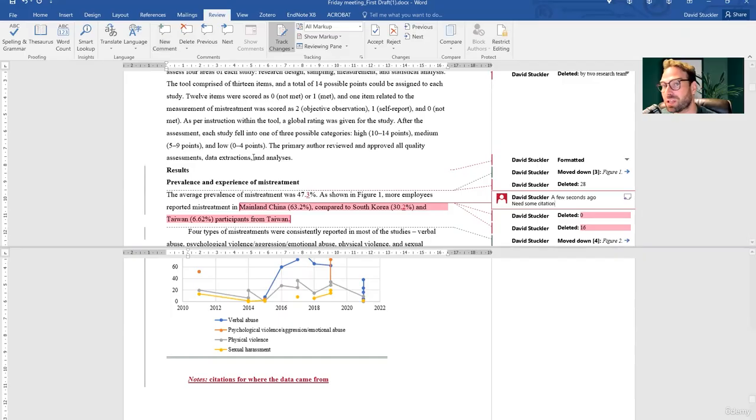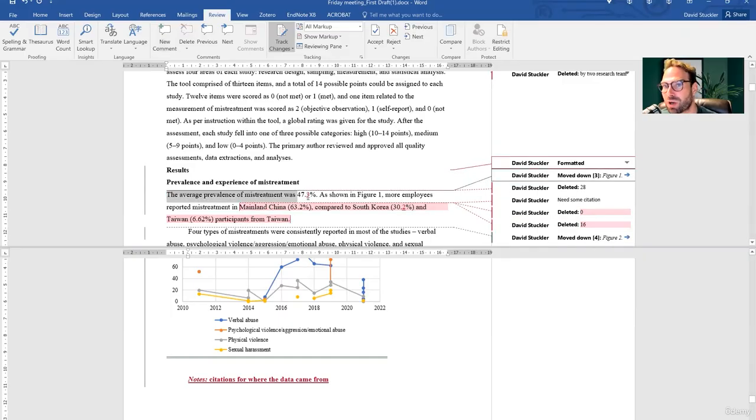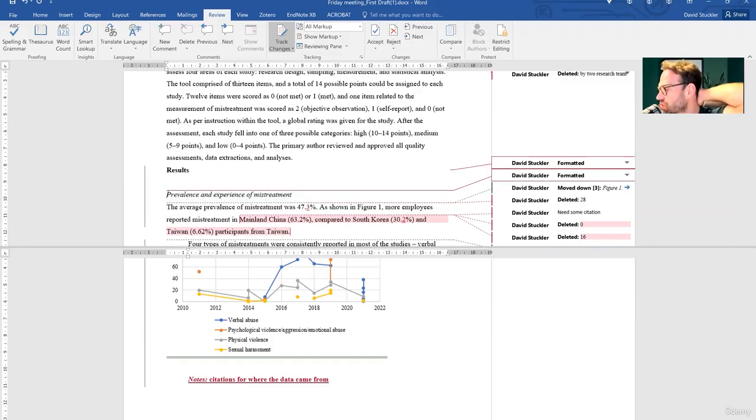But I really like these figures because this is pretty damning. Half of workers experience mistreatment in Chinese firms. That's a pretty bad situation. That really calls for some change. That's very important. And I'm really glad at the end of the day that we have this prevalence section. I wasn't sure whether we would keep it, but this is very powerful. So I like this a lot.